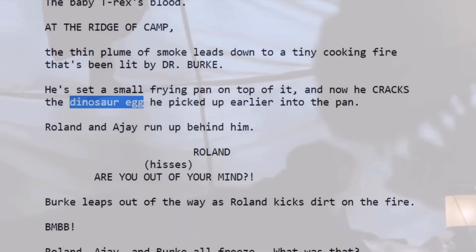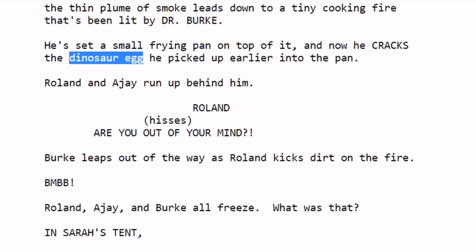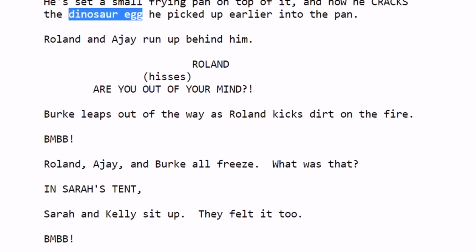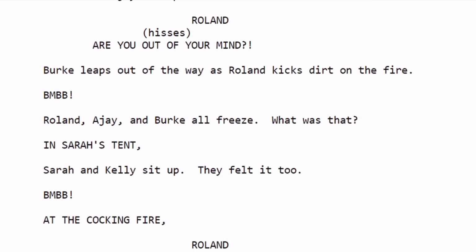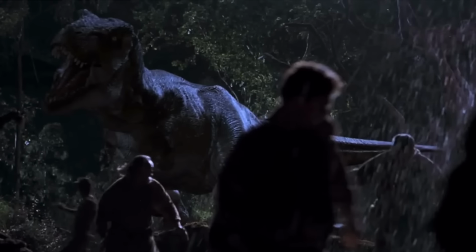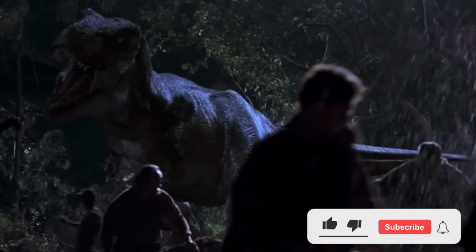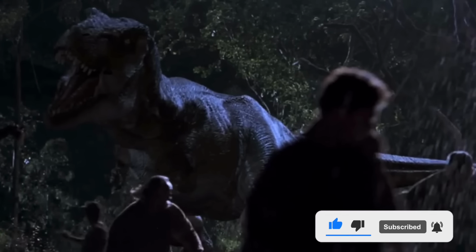Okay, well, in the final movie, we see that the T-Rex is able to smell the blood from its baby on Sarah's jacket. Well, in one of the early scripts, Dr. Burke, who was the opposite of Dr. Jetson, actually finds a dinosaur egg, and he decides to cook it at night, which... What? Yes, it's very silly. He's cooking the dinosaur egg, right? And Roland Tembo is like, "What are you doing? That's crazy. They're gonna smell." And of course, that's what leads the T-Rex to come attack them. But oh my god, that's so dumb, isn't it?